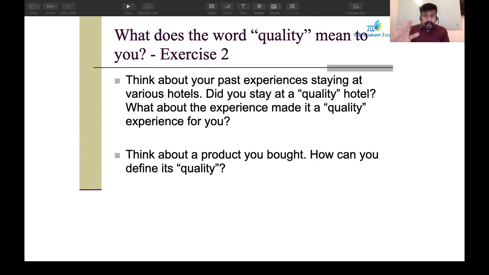Think about your past experiences. If you have stayed at a hotel, think about your past experience in that particular hotel. So that is first one. Write the brand name of that particular hotel. And the second one is write down 3 to 4 reasons why you say that this particular hotel is a quality hotel. Okay, so I'll repeat again. Write the name of a hotel that you liked very much and write 3 to 4 reasons why do you say that it's a quality hotel.